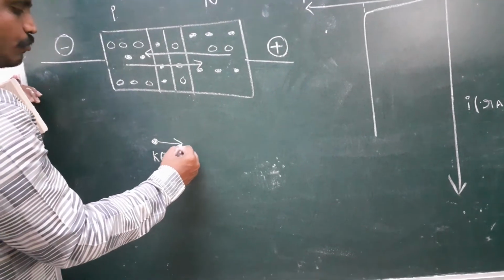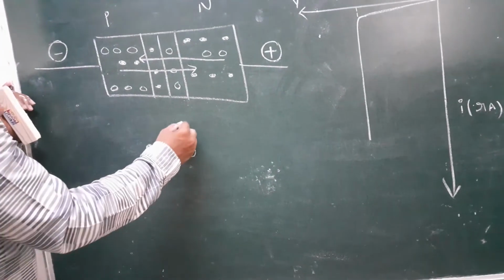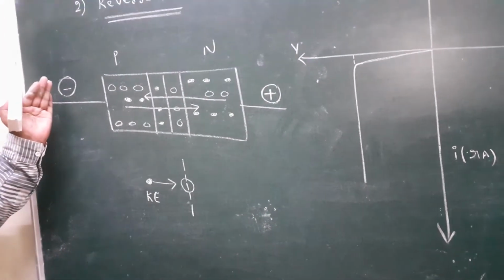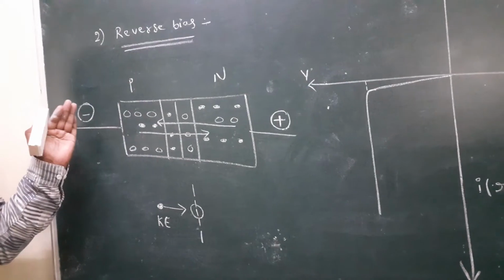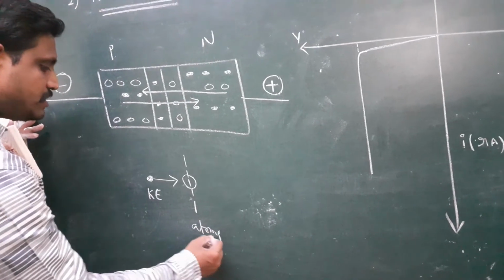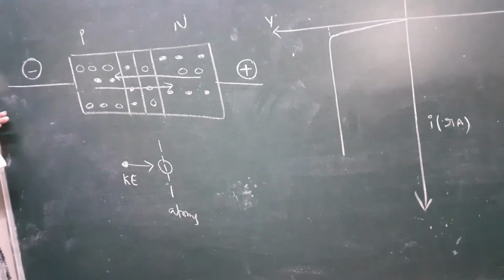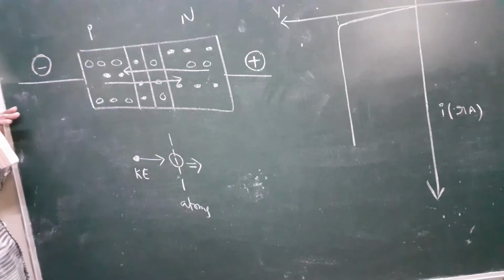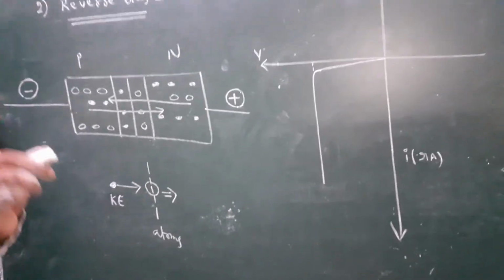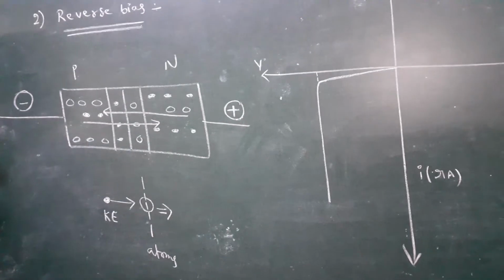It will be moving most speedily. Neighboring atoms will be bombarded, automatically this atom will break. Once again I repeat, because of more applied voltage, the minority charge carrier speed increases and bombards neighboring atoms, and this atom will break. Inside the atom, electrons are there, protons are there, so more charge is produced, more charge flows, more current is produced. That means at a particular voltage, the atom breaks, a greater number of charge carriers is produced, automatically more current is produced.